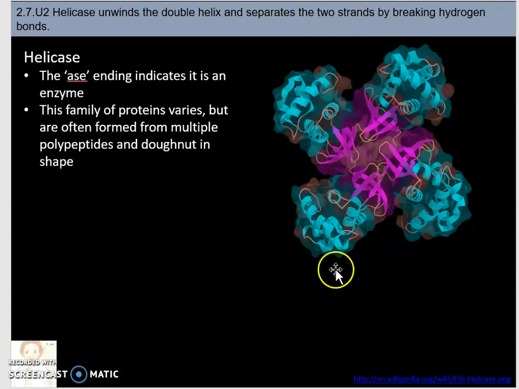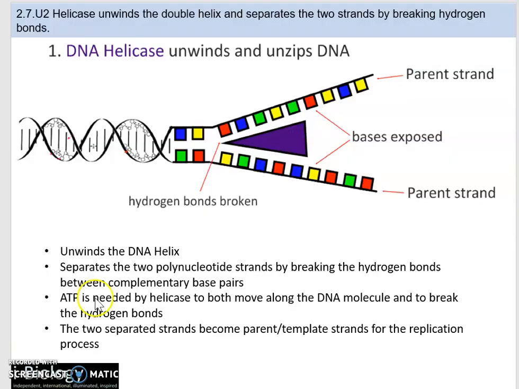So this is just an image which represents a helicase, and as you can see, it's a complicated protein with multiple polypeptides, so it's the quaternary level of protein structure that we can see here in this globular protein. So what does helicase do? Helicase unzips the DNA molecule. So if you imagine we've got the DNA molecule here, we've got hydrogen bonds between individual bases. Remember, guanine, adenine, cytosine, guanine. And what is going to happen is that helicase is going to move from what's called the origin of replication, and it's going to break those hydrogen bonds and unzip the parental DNA. Energy is required to do this, so you need to be aware that this is an energetic process. Now, as the DNA is unzipped,